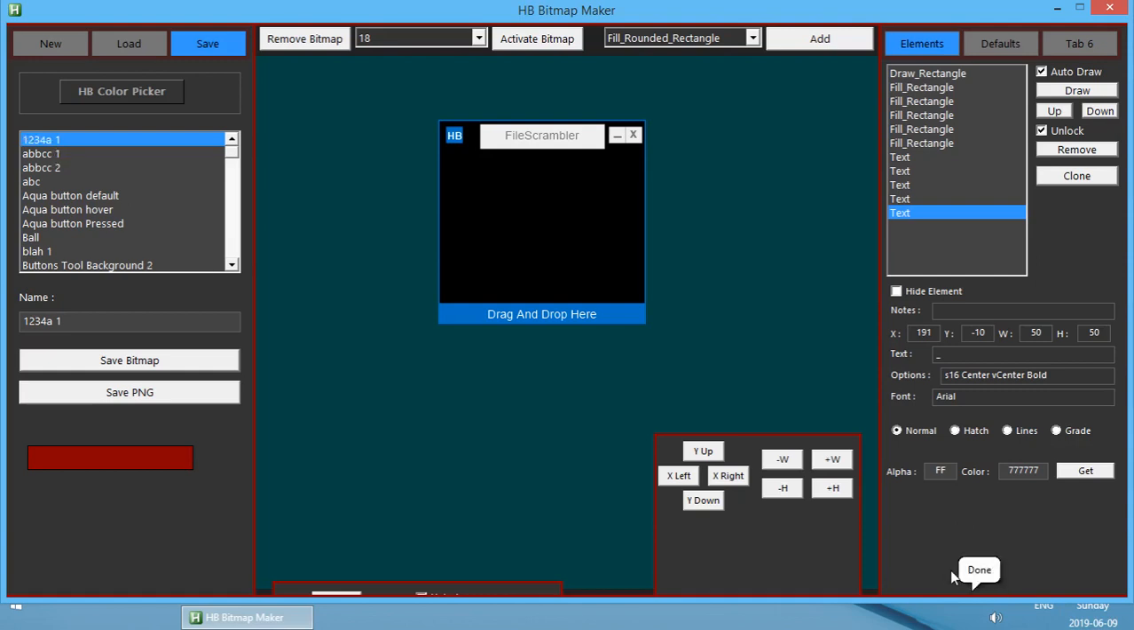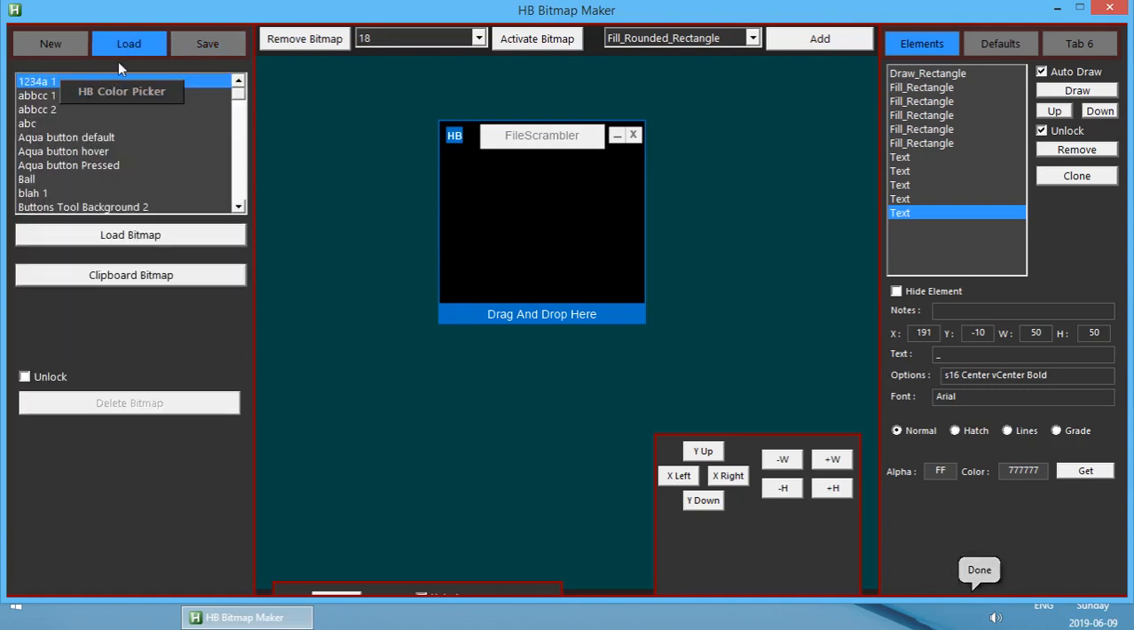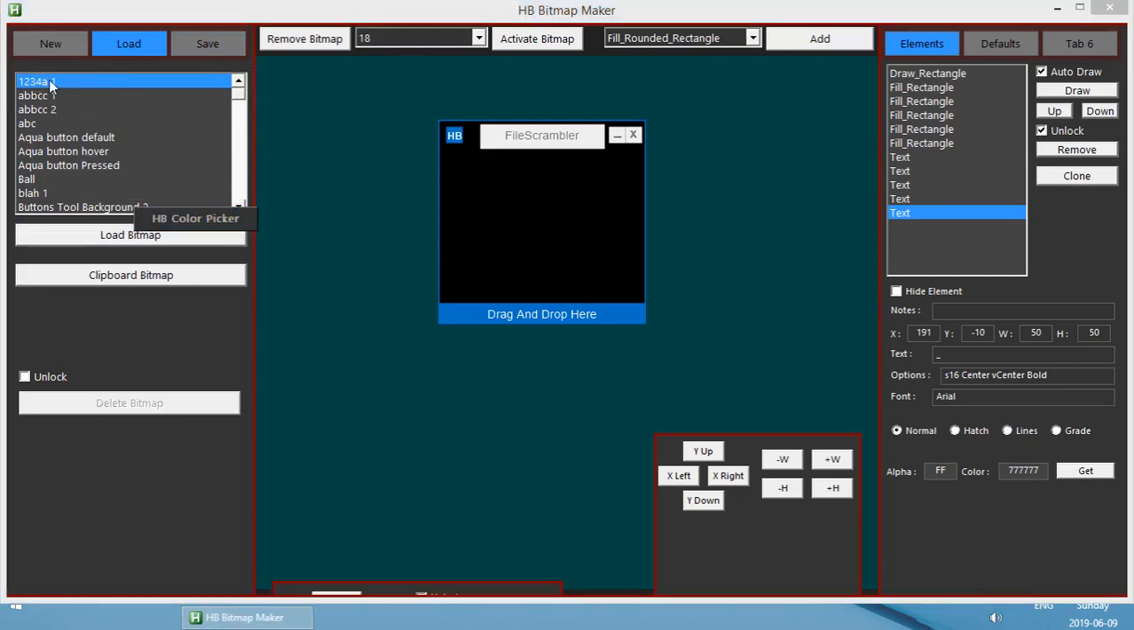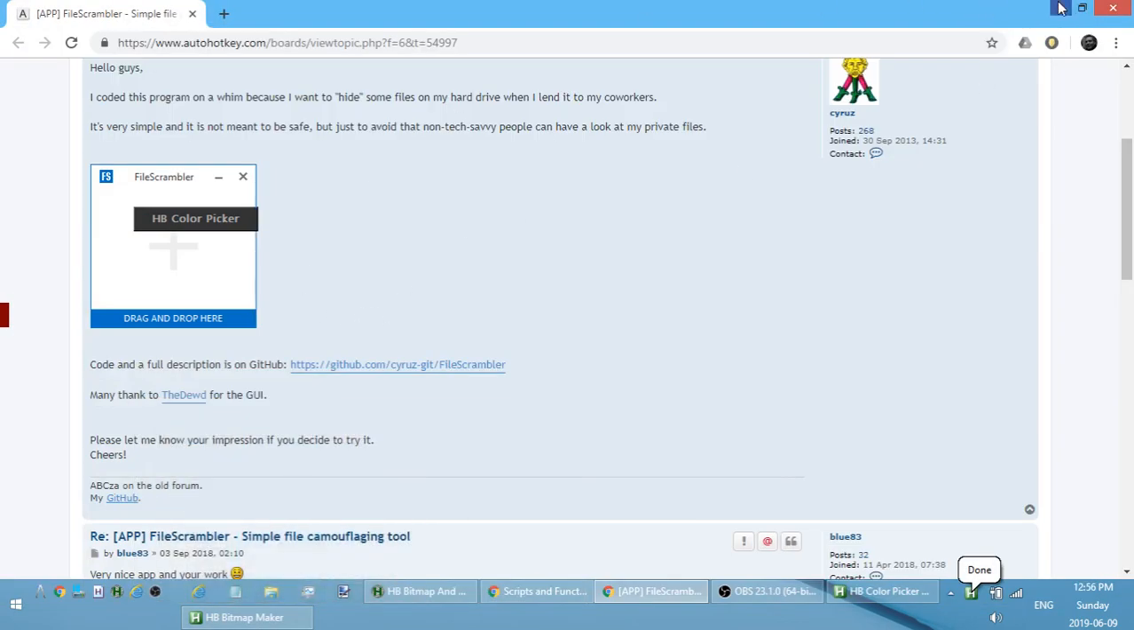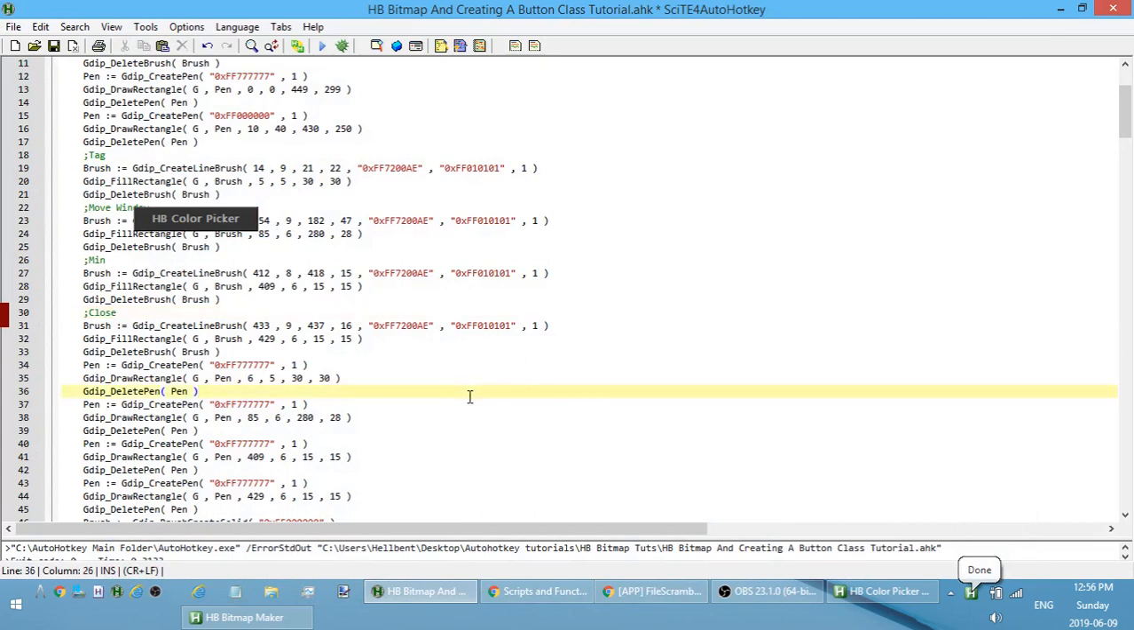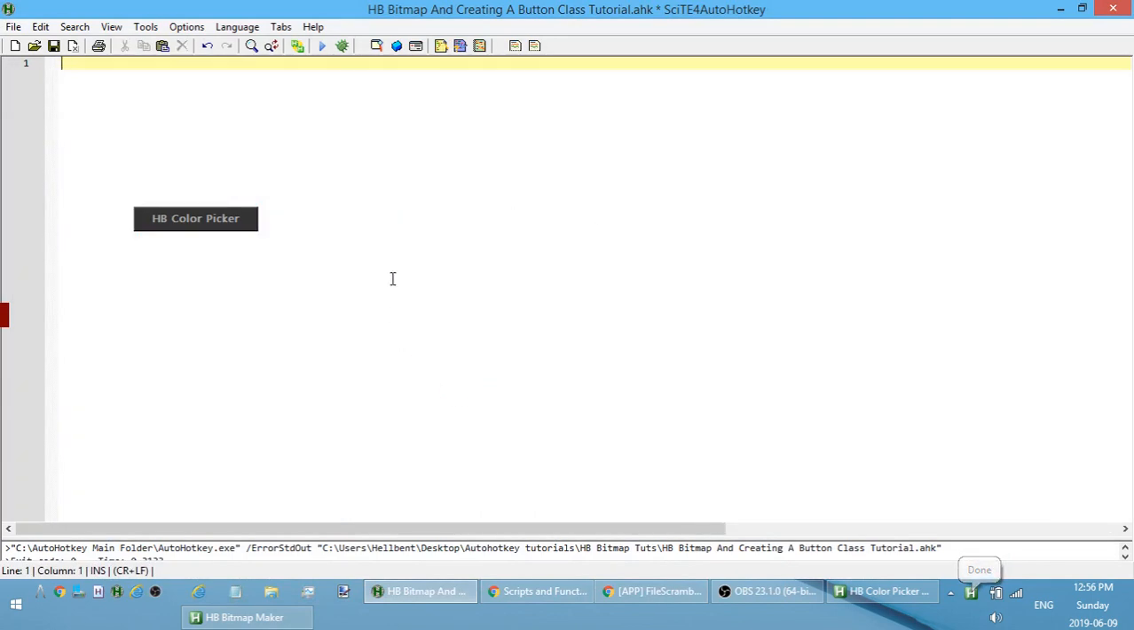Okay, it's done. Now that it's done, I can go to load, select the one that I just added right there, and I can put that into my clipboard. But before I do that, what we're going to do is that setup. So I'm going to, that tool I mentioned at the beginning,